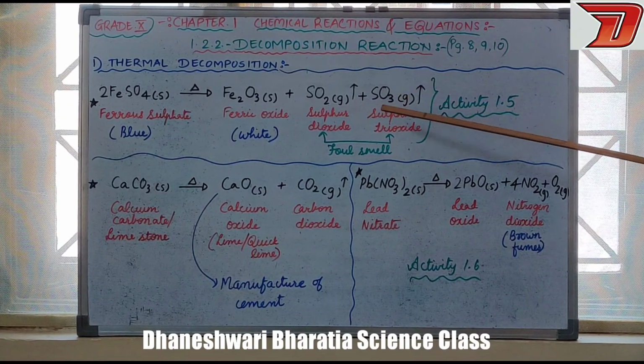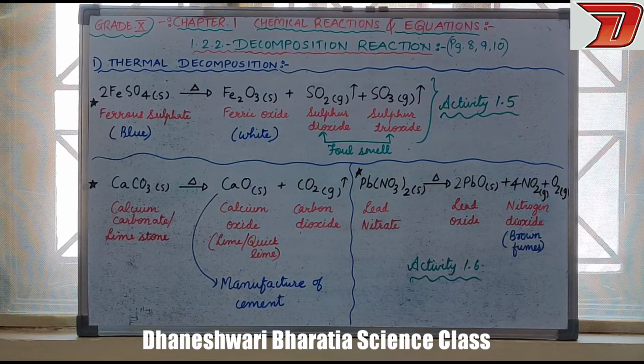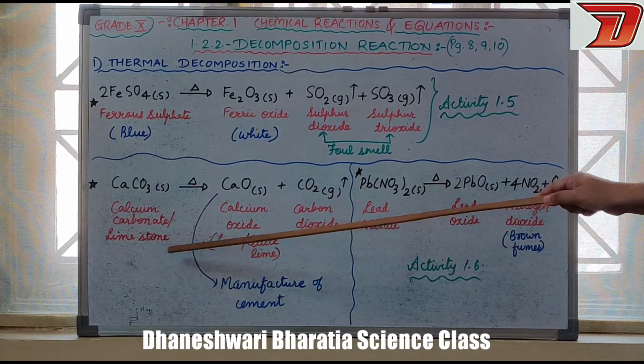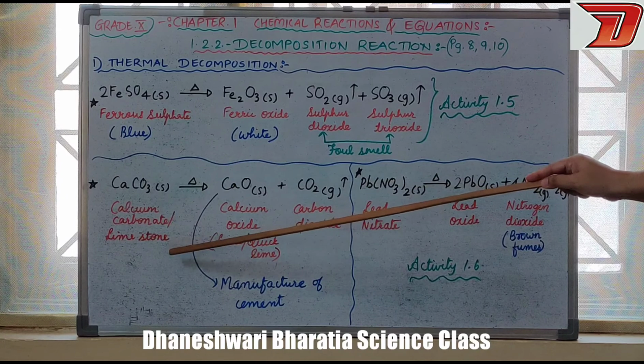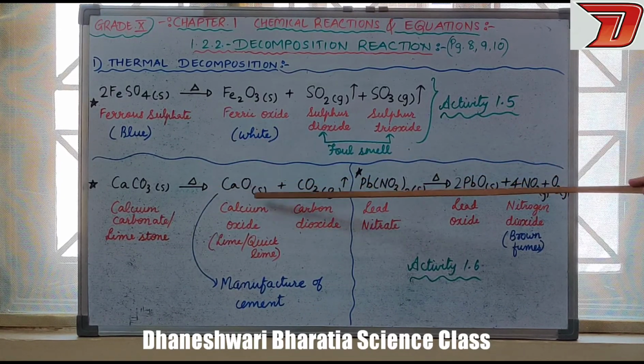It is already given actually, but these things, that this is of blue color, this is of white color, it is not given in the textbook. So please note it down. Fine. The next example given is of calcium carbonate, right, which is also known as limestone. So when this compound is given external heat, it is getting converted into calcium oxide.